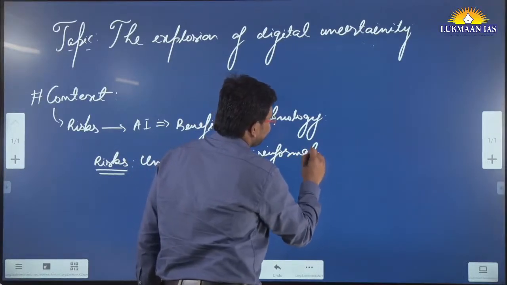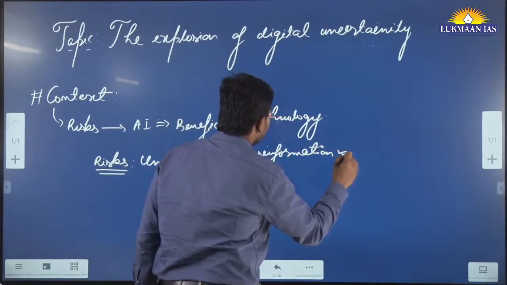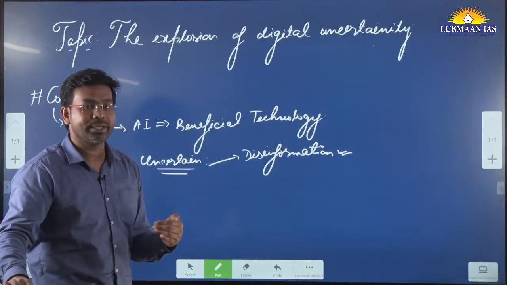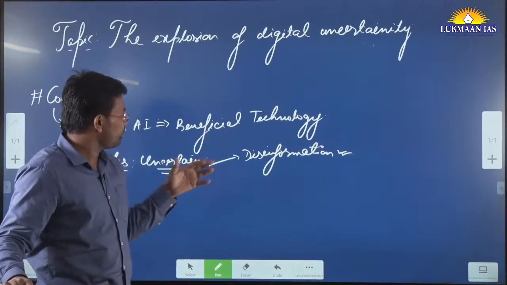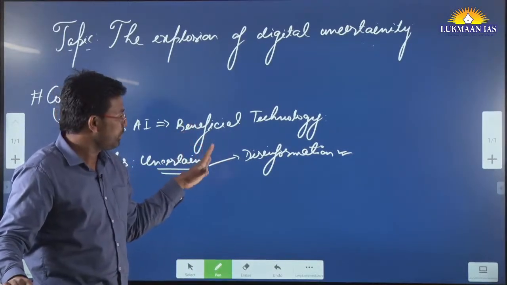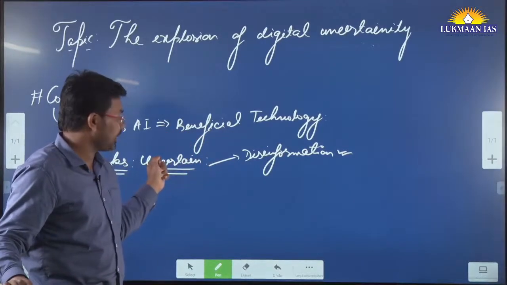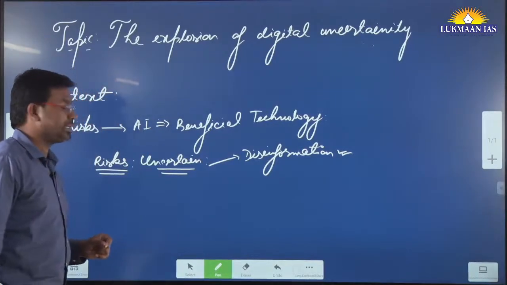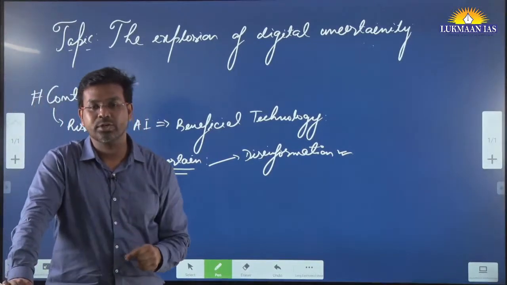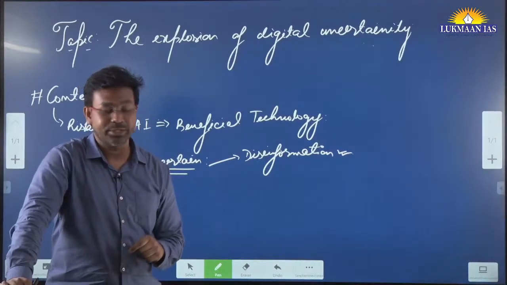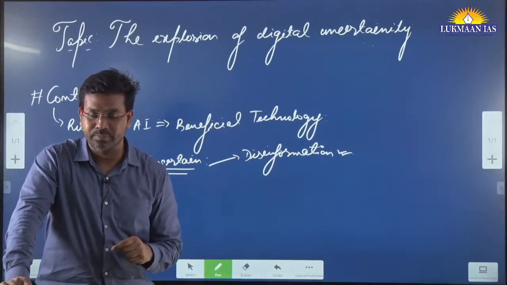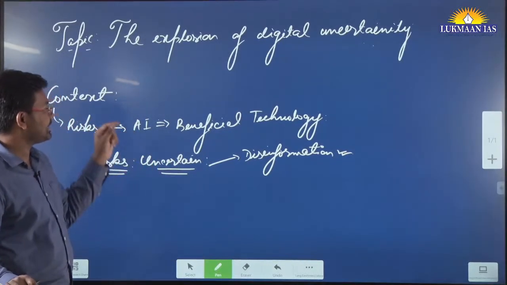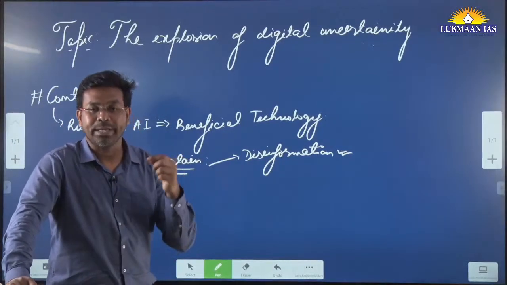Disinformation means artificial intelligence can give you fake information, and if that information is accepted by the public at large, if the public learns from the misinformation or fake news through artificial intelligence, it is going to pose a threat to the society. Okay, and apart from this, there can be vested interest of some political parties to spread disinformation using artificial intelligence systems.